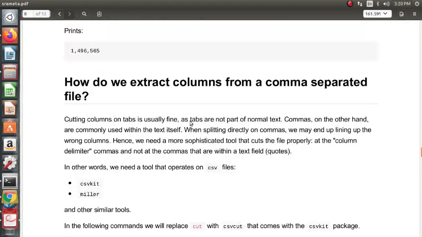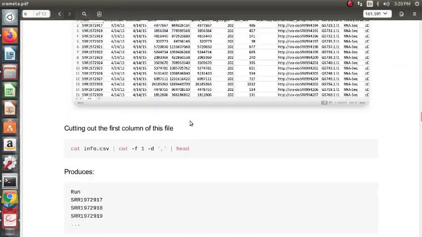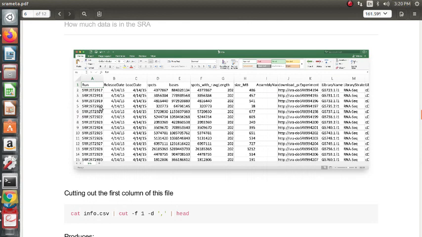So if we go back to the Excel file, the fifth column is 1, 2, 3, 4, 5, the number of bases, which is nothing but the number of spots times the average length. So if you add up all of this, that will be the number of bases for all the runs. One run will contain many rows, many reads, many spots; the number of columns times the number of reads, the number of rows, will give us the number of bases, and all SRR runs for a particular bioproject will give the total number of bases. Okay,